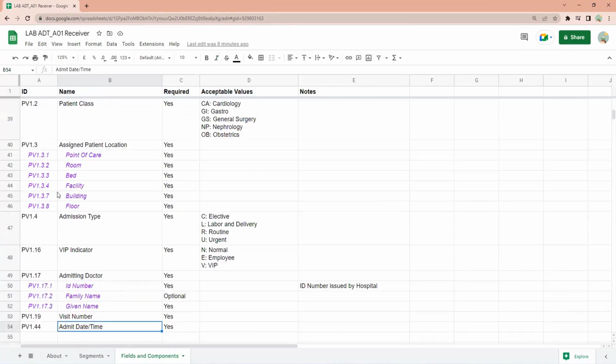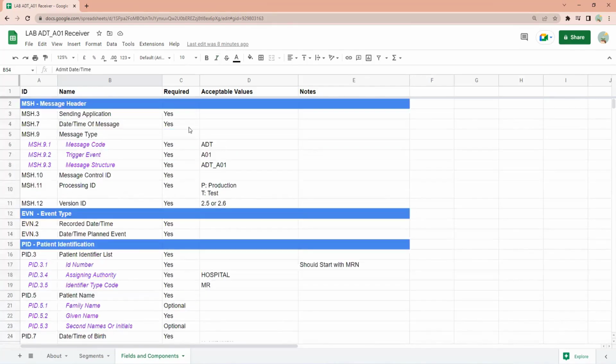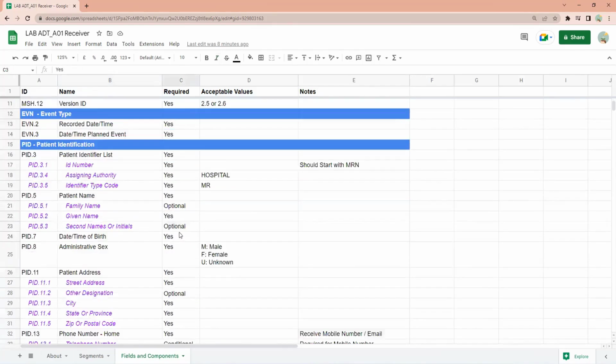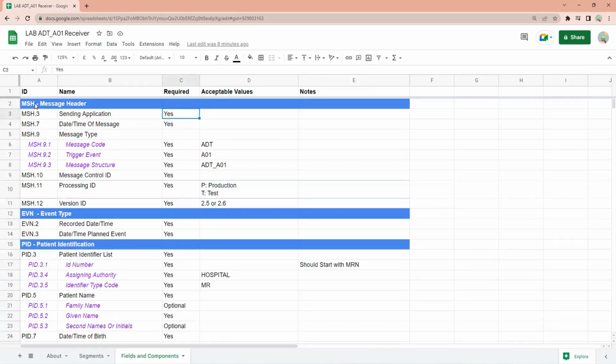So overall, the number of fields that are required is somewhere around... Let us check how many are required by putting a filter on this.